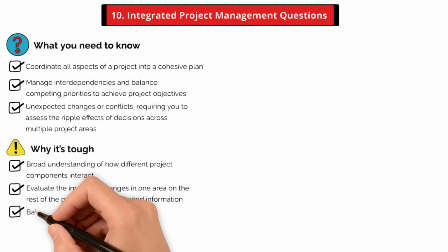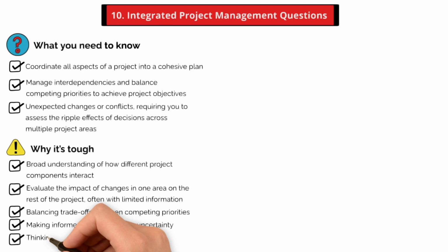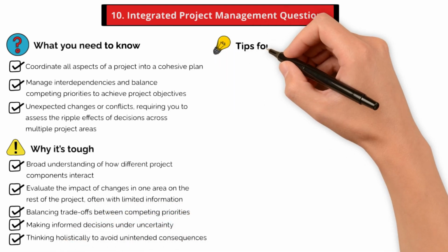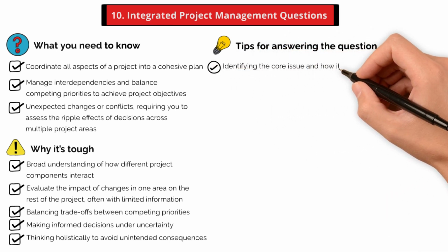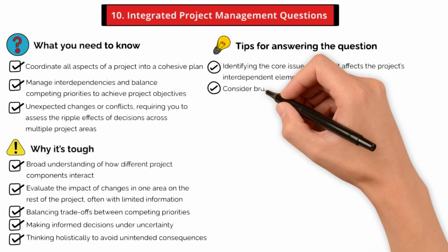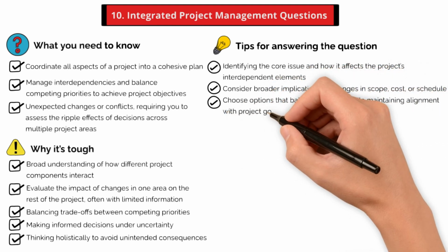The difficulty lies in balancing trade-offs between competing priorities, making informed decisions under uncertainty, and thinking holistically to avoid unintended consequences. Here are a few tips for answering the question. To answer these questions effectively, focus on identifying the core issue and how it affects the project's interdependent elements. Consider the broader implications of changes in scope, cost, or schedule and choose options that balance priorities while maintaining alignment